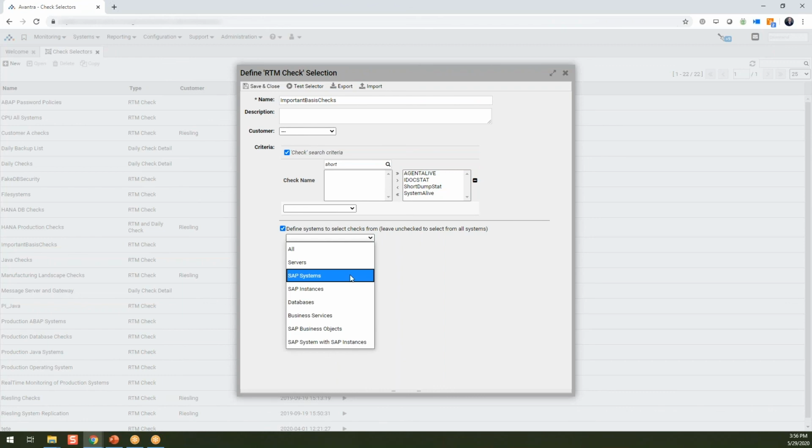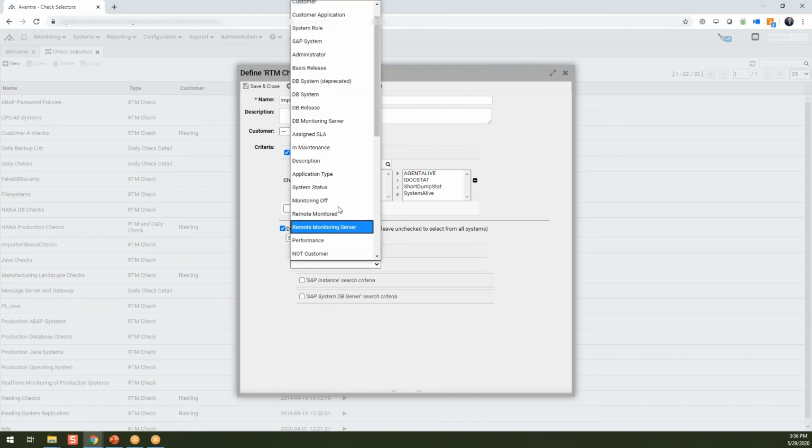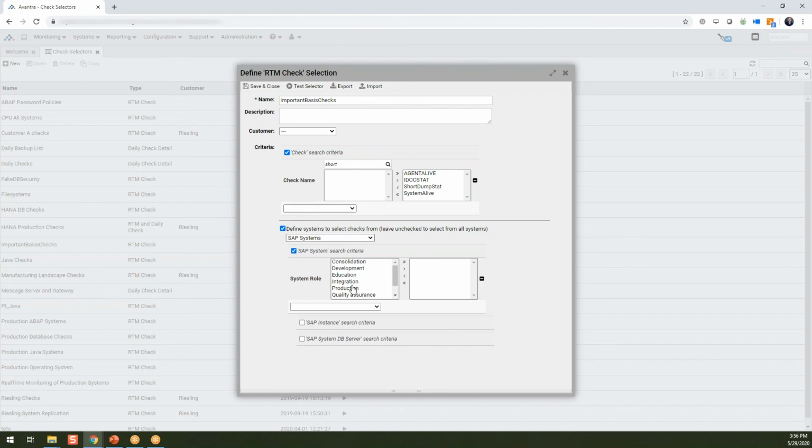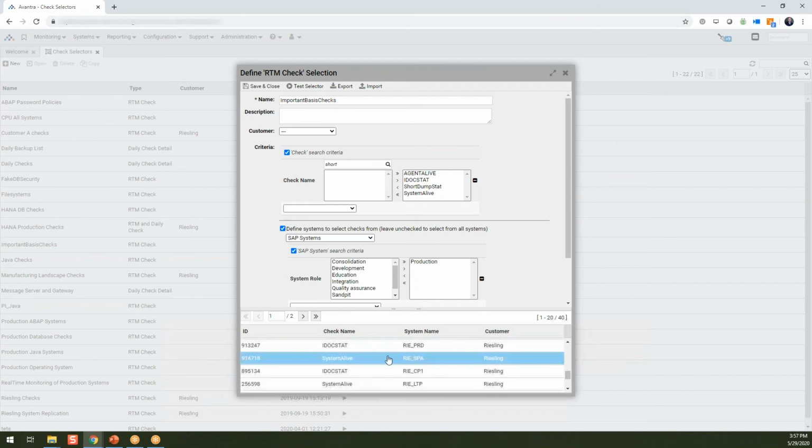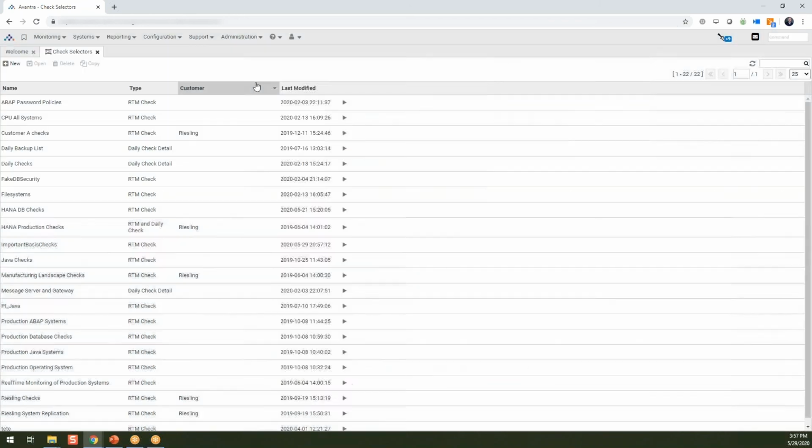And now let's go back in and say, all right, so we want these four things just for my SAP production systems. So I'm going to select system role in this example and just select production. Maybe I don't necessarily want a text message or whatever I'm going to do with this check selector for non-production, I just want it for production. So now I can select my test selector. Here I can see all my systems and all the checks that this is associated with, and select save and